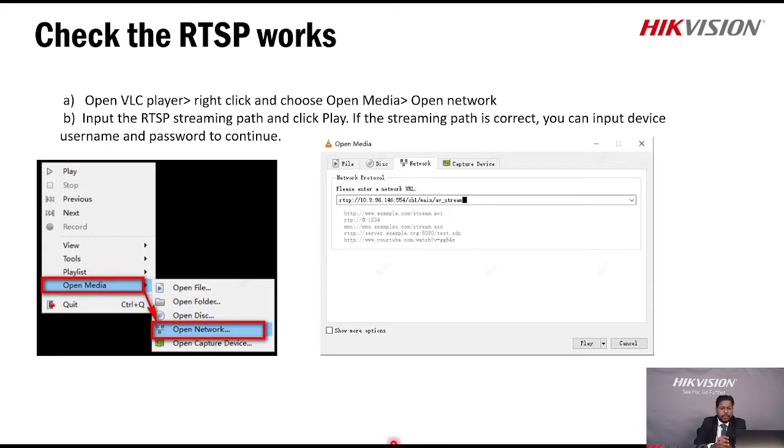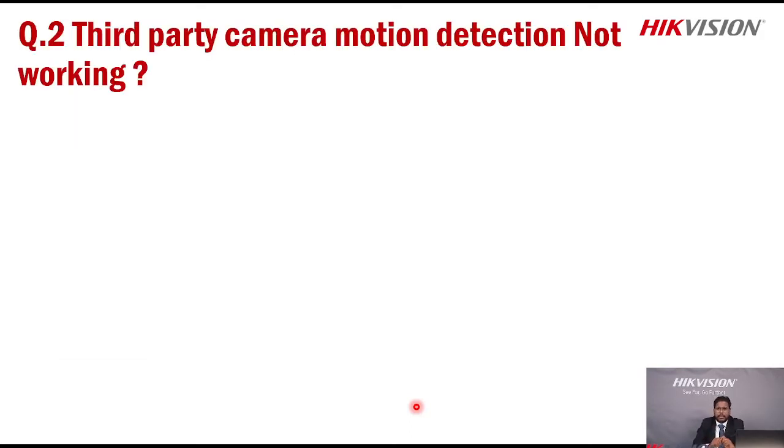Click on that open network, then it will ask you in the network segment to enter the URL, RTSP URL for this. So you require to enter the RTSP URL with the username and password, and then your live will get start on your VLC player. आपके VLC player में जो लाइव व्यू है आपका कैमरा का ये स्टार्ट हो सकता है। So with the help of this tool also you can identify is your RTSP working properly or not. Okay, so hope you have understand.